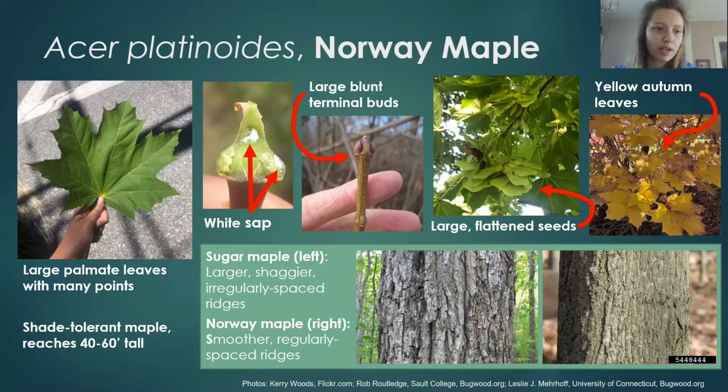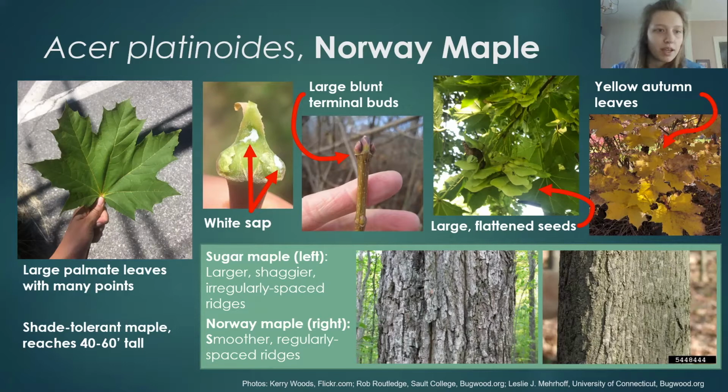Of course, they're both going to have those signature palmate maple-like leaves. But if you look closer, they're definitely a little bit different. Generally, the Norway maple is going to have larger leaves than the sugar maple, but of course they're plants and there is variation in leaf size among individuals and within the same individual. So that's not always a hard and fast rule. You could very easily find a Norway maple leaf that's smaller than a sugar maple leaf, but it's a general